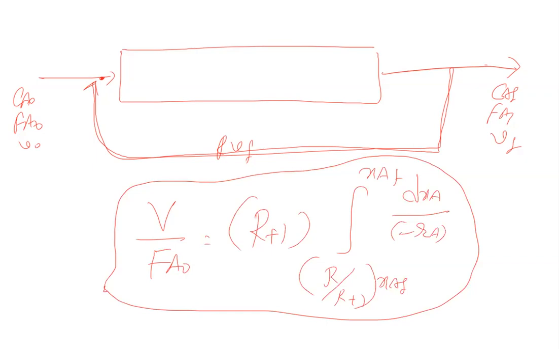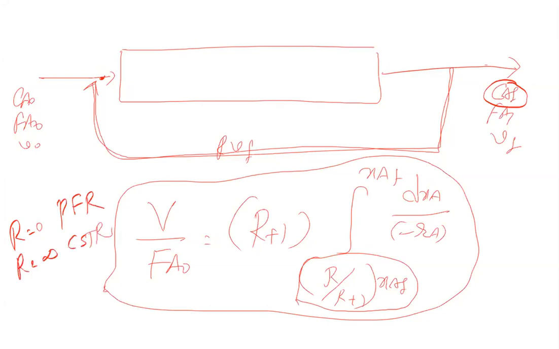How do you get this R by R plus 1 into XAF? What is the conversion here with RVF? So you know what is the concentration, which is CAF, and you know what is CBF. Take that CBF and find the conversion, that is a small derivation. Derivation is not important, but the important thing is, when R is equal to 0, it is a PFR. When R is equal to infinity, it behaves like a CSTR.